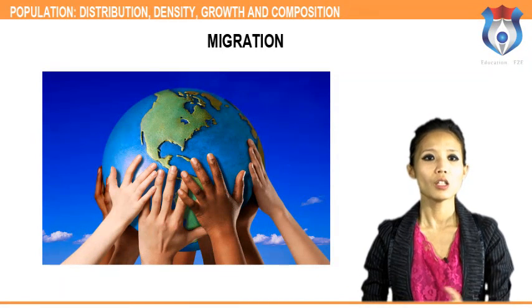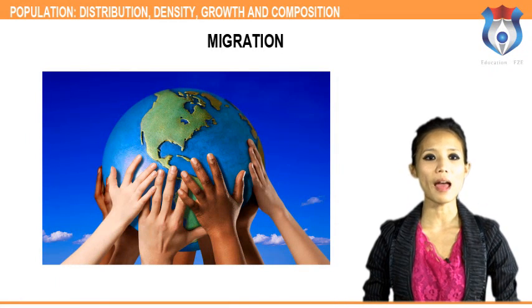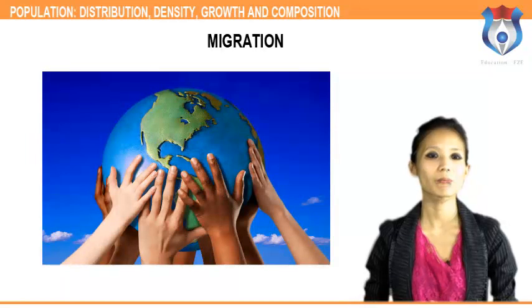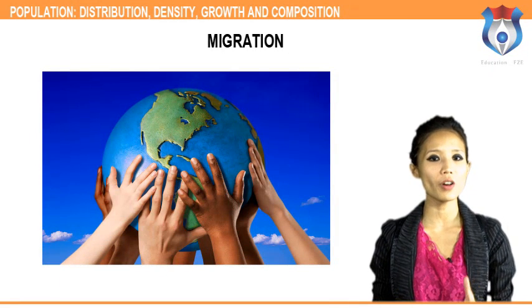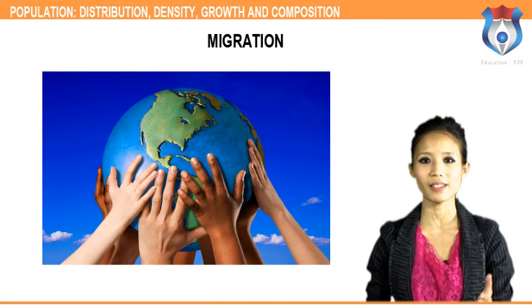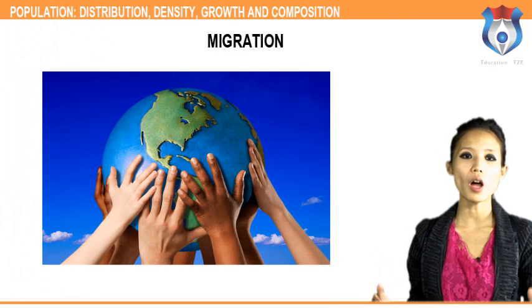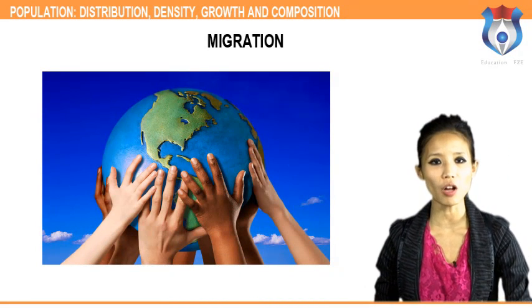Push factors cause people to leave their place of residence or origin, and pull factors attract people from different places. In India, people migrate from rural to urban areas mainly due to poverty and lack of basic infrastructure facilities like healthcare, education, etc. Apart from these factors, natural disasters such as flood, drought, cyclonic storms, earthquake, tsunami, wars and local conflict also give